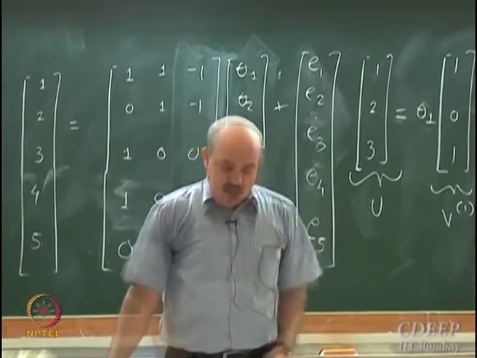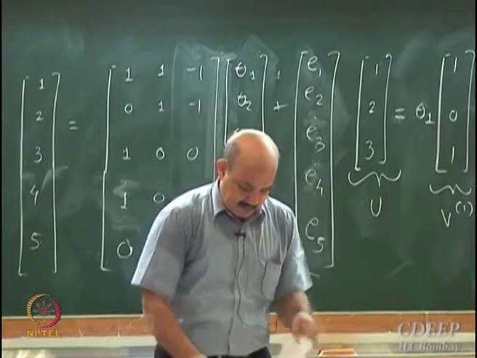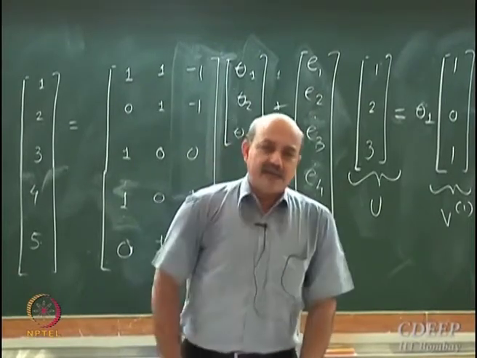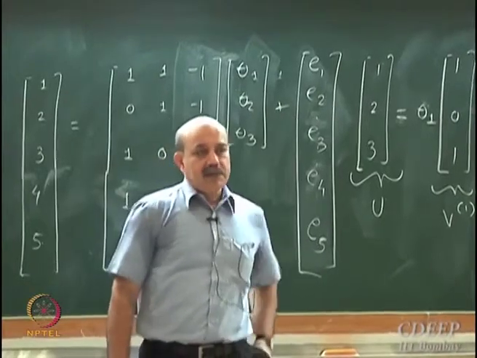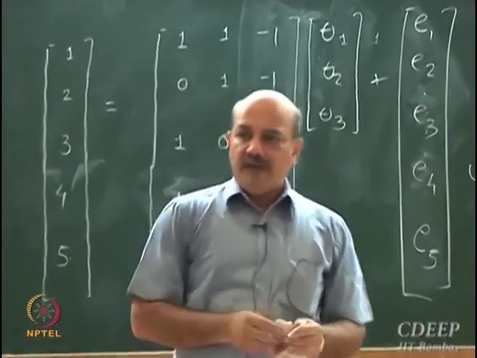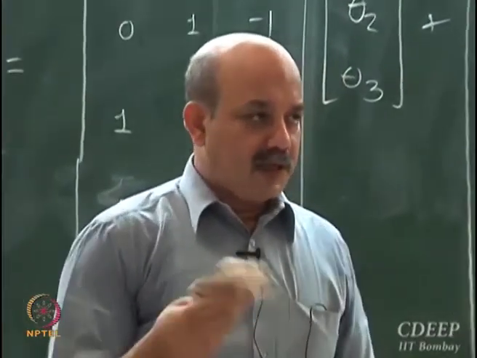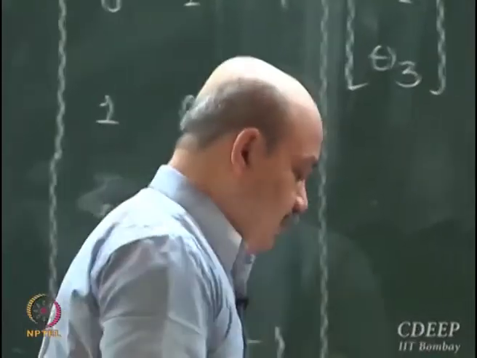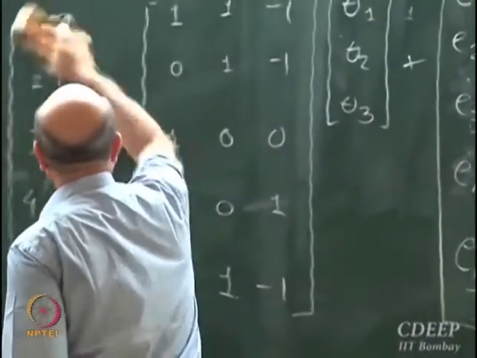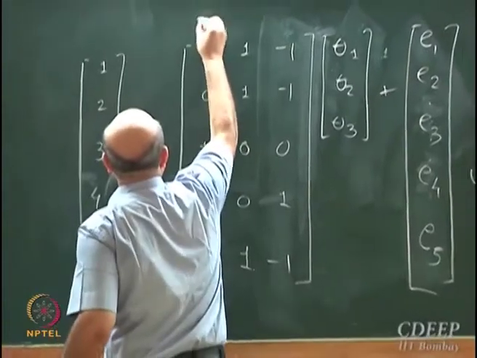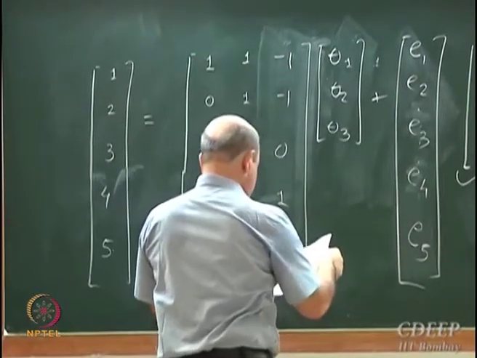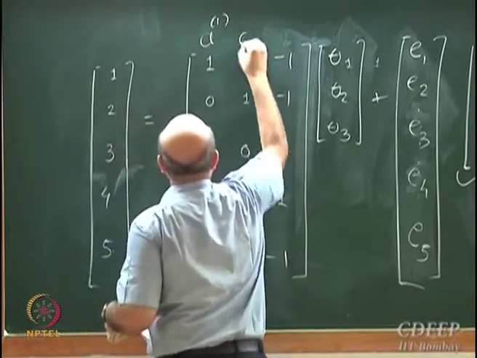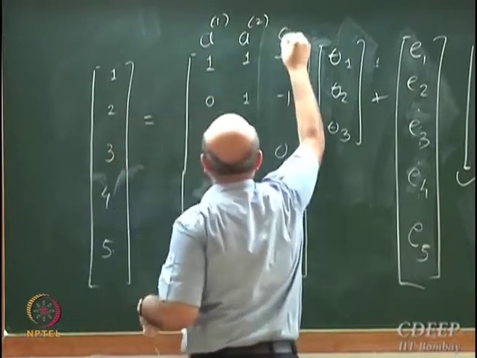Now I want to generalize this and then show you what we have derived. I am going to take a case where W is equal to I, the weighting matrix is equal to I. I am not going to complicate life, so that will give me some handle. In my notes I am calling this vector A1, this vector A2, this vector A3.